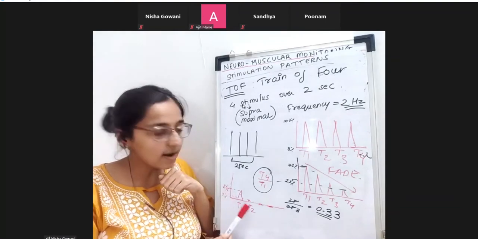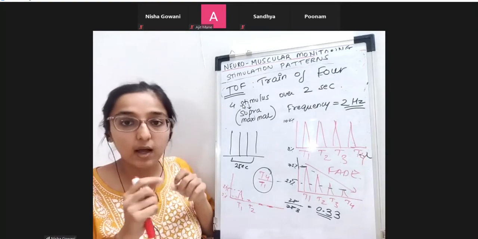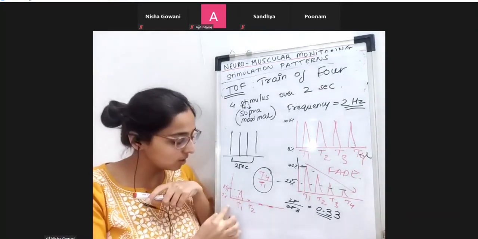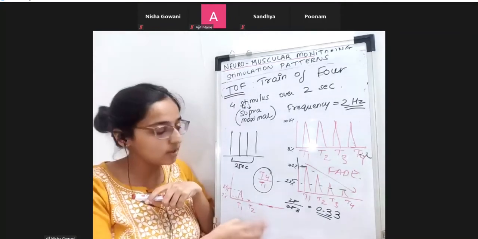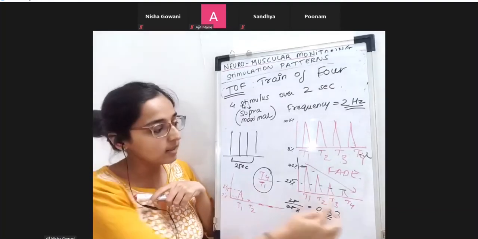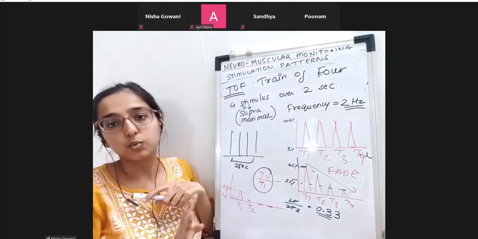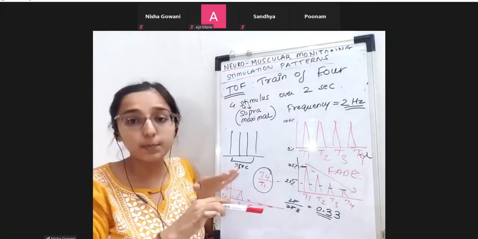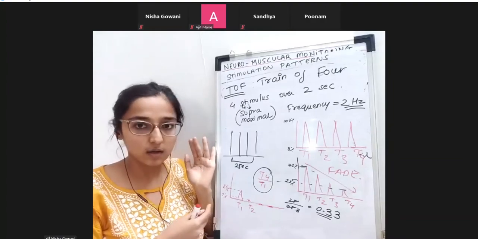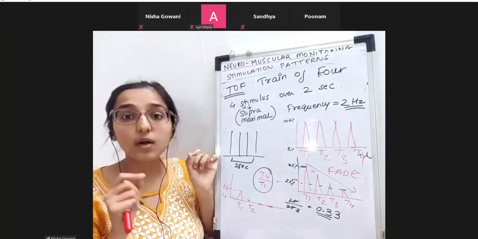So when you need T1, you need to have T4. If T4 response is gone, then you just come to TOF count. Then you come to the counting: 1 to each, 2 to each. How much is the count? 2 out of 4, 3 out of 4, 1 out of 4. When the fourth one is present, some response is happening, you can calculate this ratio. This is non-depolarizing. I can do counting and I can do ratio only in non-depolarizing drugs.